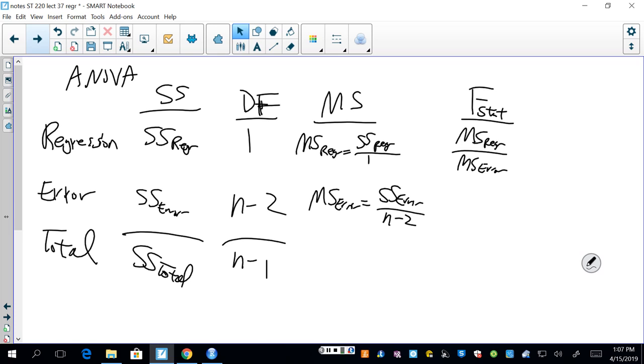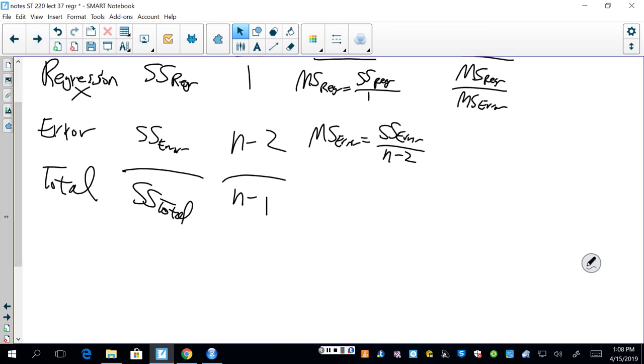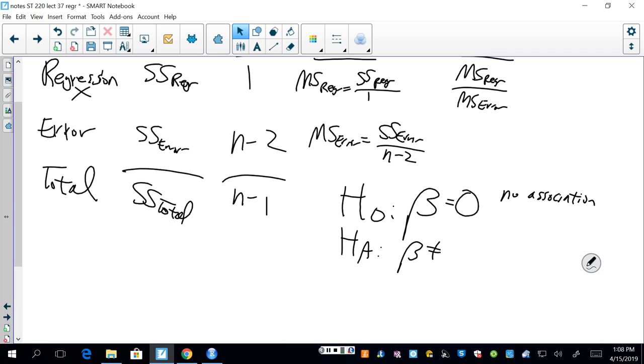So this gets used, that's just another implementation, another way of testing. Is there a significant effect of the X variable in the model? In this form of regression, when there's just one predictor, it is doing the same thing as the t-test. So if we have a null hypothesis that says that the slope is 0, no association, versus an alternative that theta is not equal to 0,